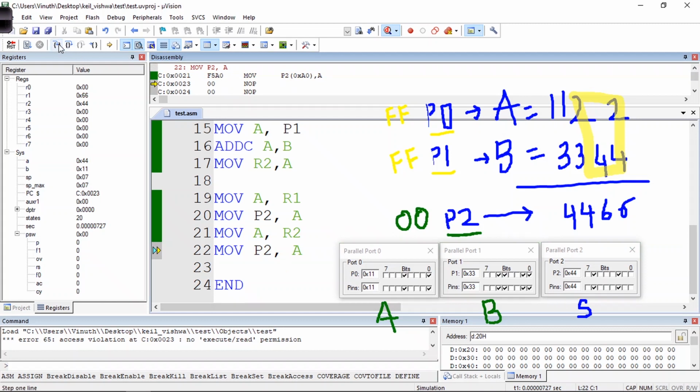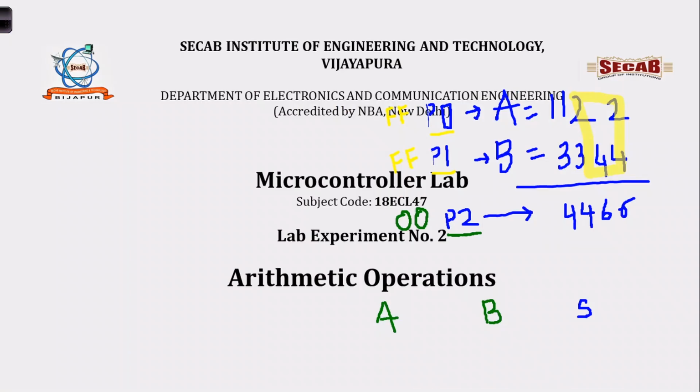So this is how we do it. We fetch the data from different ports, perform the addition, and then send the data to a different port. This is how we are doing the addition operation.